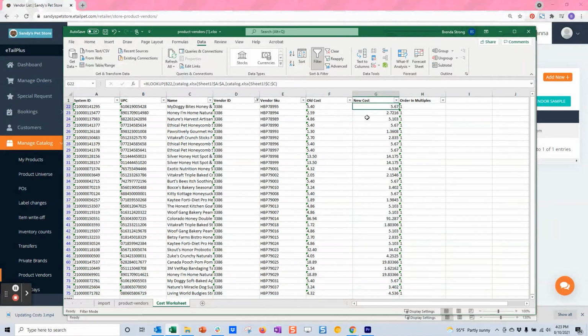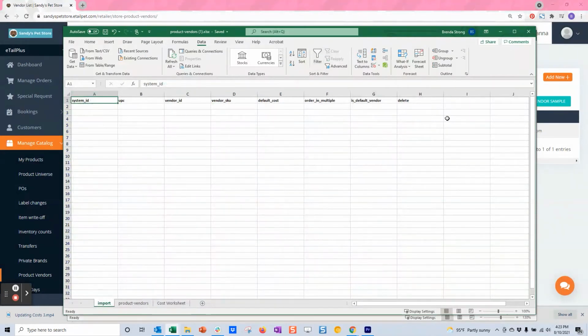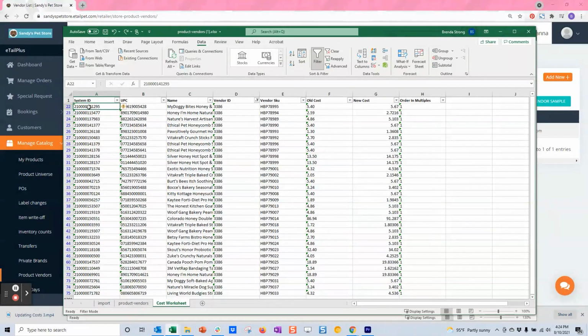And then I'll go ahead and just save my cost worksheet. And now I'm ready to put my data into my import template, which is the first tab, remember, that we renamed import. You'll need to copy and paste either the system ID or the UPC into your import sheet in order to import these. I like to use the system ID because I don't have to worry about leading zeros or anything like that. So I'm going to click in the first row and then do Control Shift down arrow